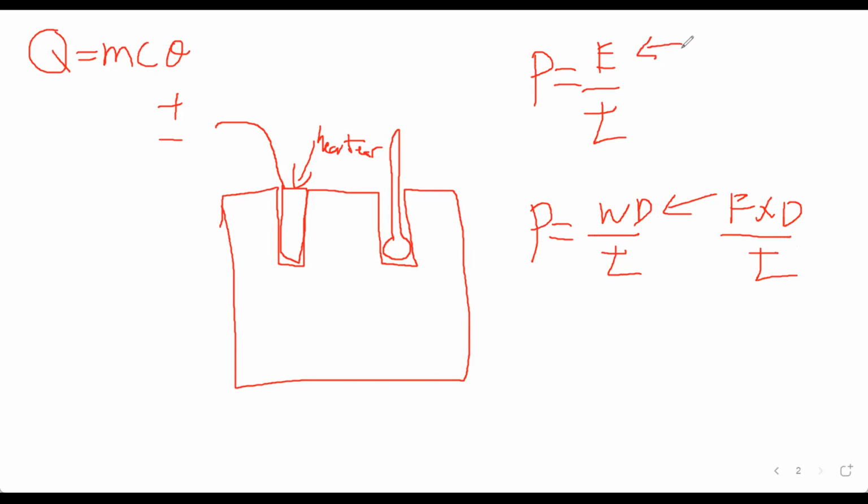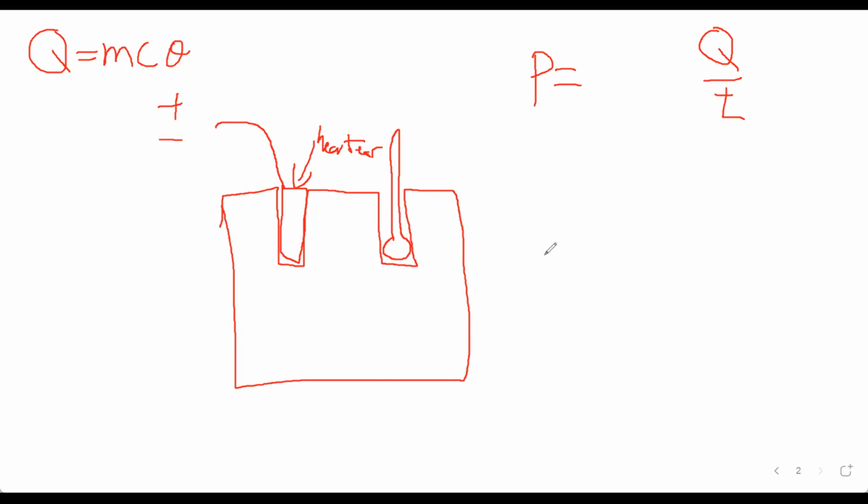It could be work done, it could be gravitational potential energy, it could be kinetic energy, and in this scenario, obviously, it's supposed to be heat energy. Okay, so from the basic understanding, if power is equal to energy over time, in this case heat energy over time, making Q the subject,